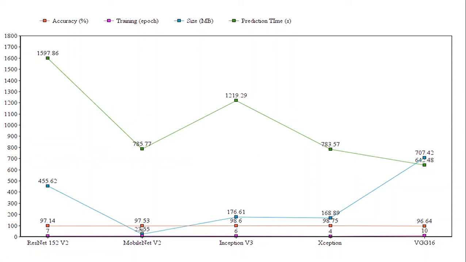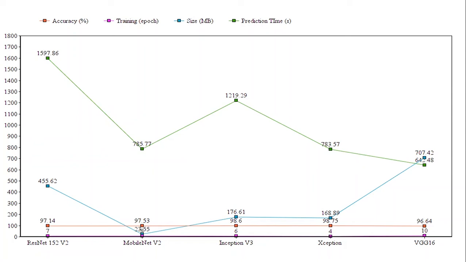For MobileNet, we gave 4 epochs, as it is a lightweight architecture, so it works in fewer epochs. The model size, which was the minimum, is 23.55 MB.